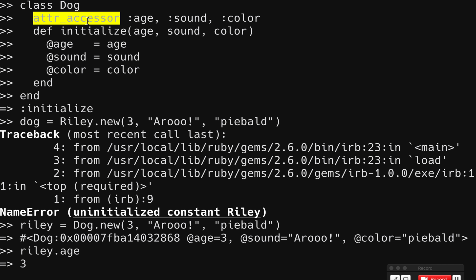Right? Attr_accessor wrote an age method for me that gives me back Riley's age. Attr_accessor was like a magic programmer. It was sitting with me and automatically wrote that age method. It also automatically wrote me a sound method and a color method. It also wrote me